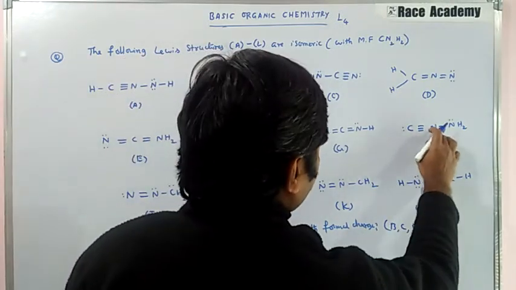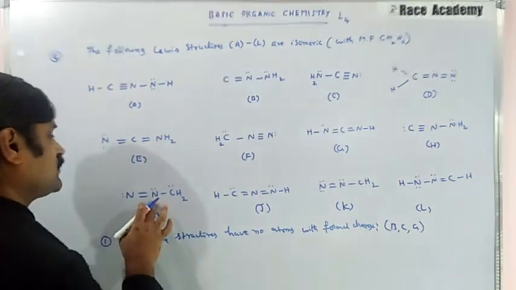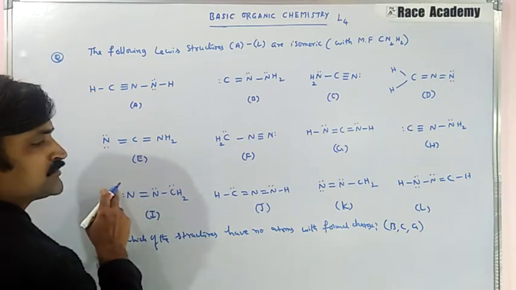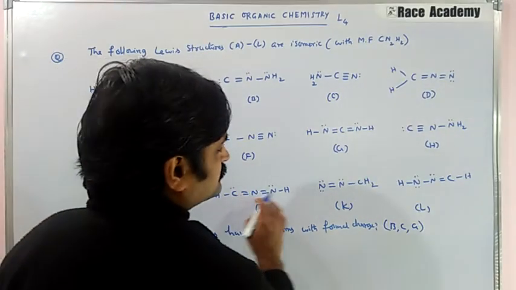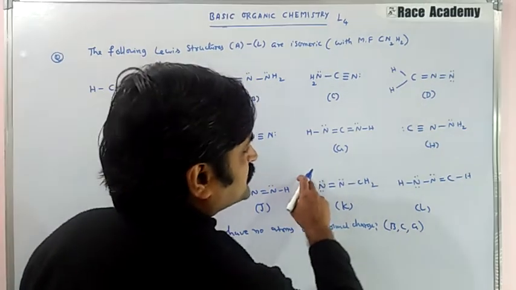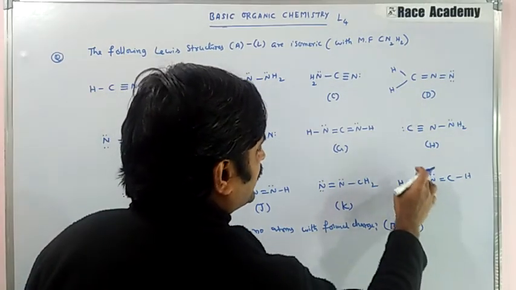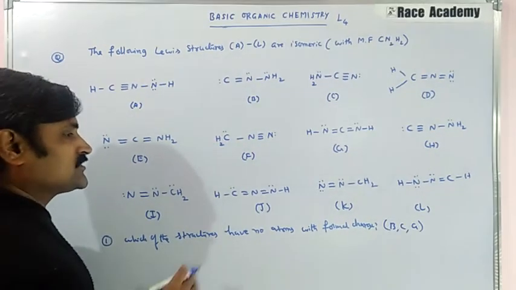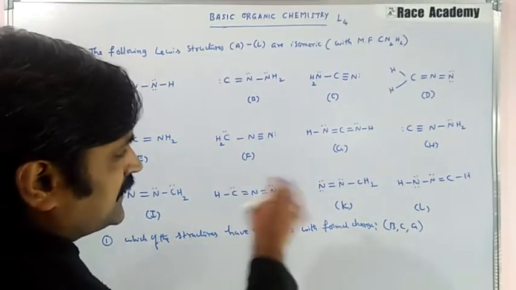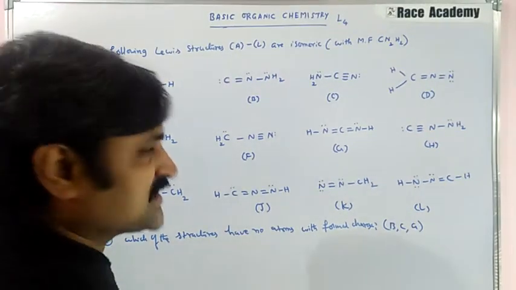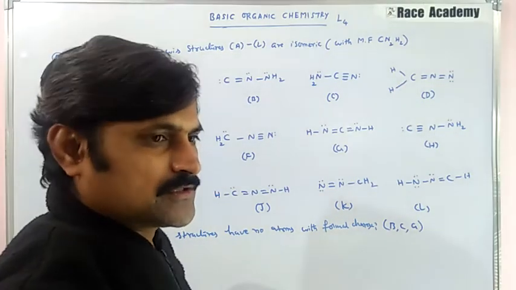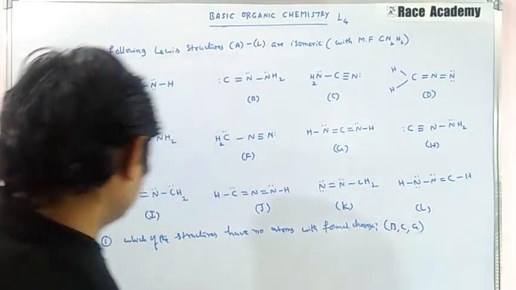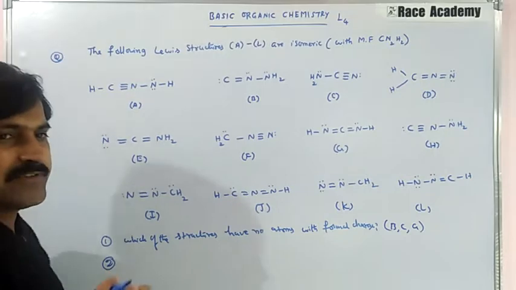If you see this one, positive charge should be there. If you see this one, 3 plus 2 is 5, but here 4 are there. Here positive should come. Here negative should come for nitrogen. So all other cases we have charge development, but in these structures there is no charge. That is the thing. The question, how they are asking, if you observe very clearly, you will get it. Next, second question we will see.